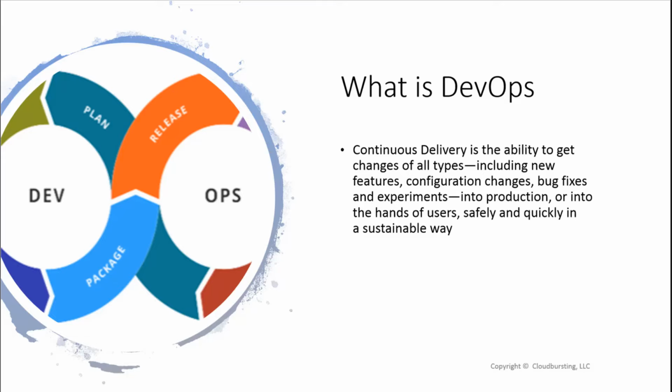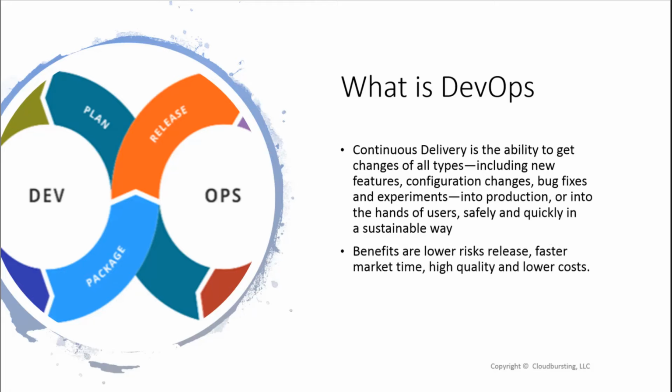Now, in continuous delivery, we're going to automate the build, and essentially the commit as well. And then again, just also as part of continuous delivery, we usually would talk about this in a more advanced class, but basically we're going to typically have some kind of black box or white box testing as well. And then, of course, the benefits of doing all this are to lower our risks, to help release faster, time to market, provide higher quality, and lower our costs as well